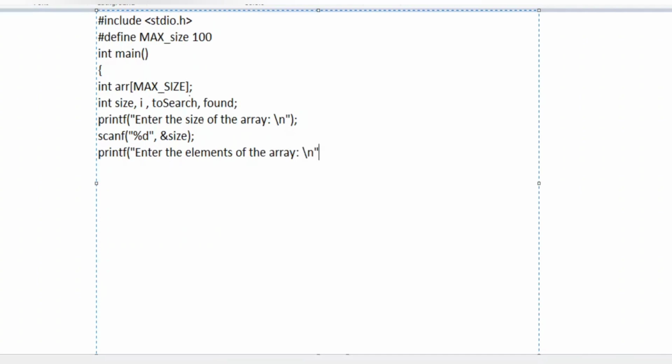Then the elements of the array are taken as input using a for loop, and those elements are going to be stored in the array.